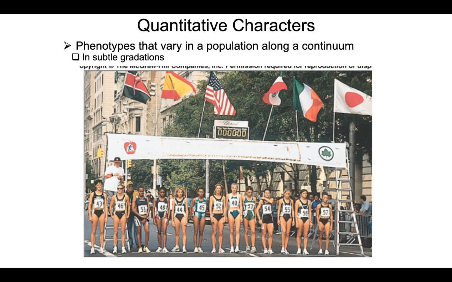The characters that don't exist as just a black and a white, but everything in between. So if we look at all of these runners here, we see their height, right? We don't just have two separate heights. We have everything in between. We don't have just two separate skin colors. We have all the gradations in between. These are called quantitative characters, and these are the type of characters that are most often controlled by more than